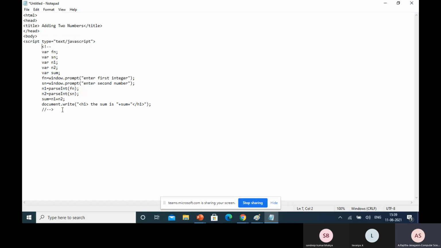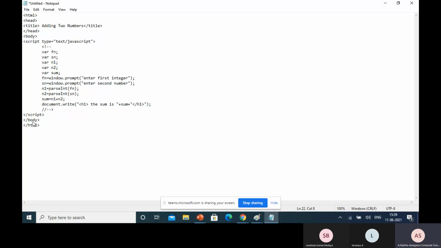Now after this, close the script tag, and close the body tag. Then close the HTML tag.